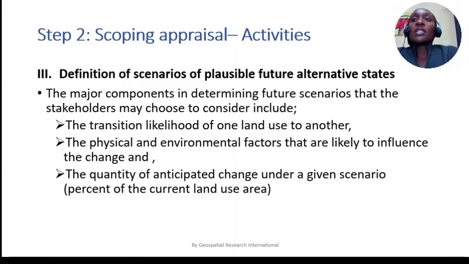So in summary, the major components in determining future scenarios that the stakeholders may choose to consider include things like the transition likelihood of one land use to another, the physical and environmental factors that are likely to influence the change, and also the quantity of anticipated change under a given scenario. So just to simplify this,